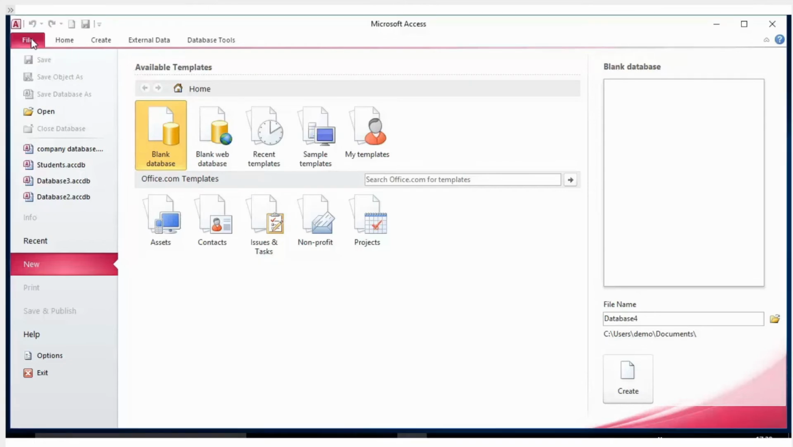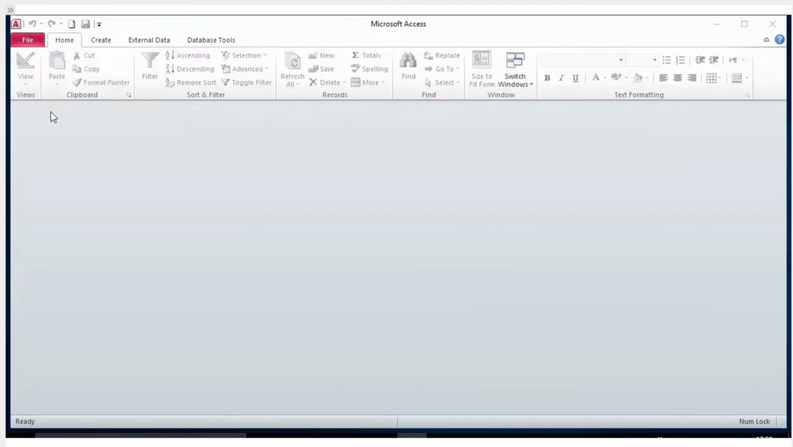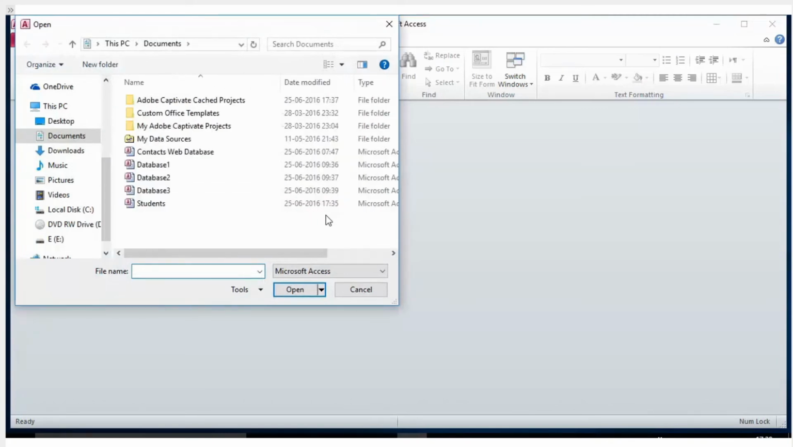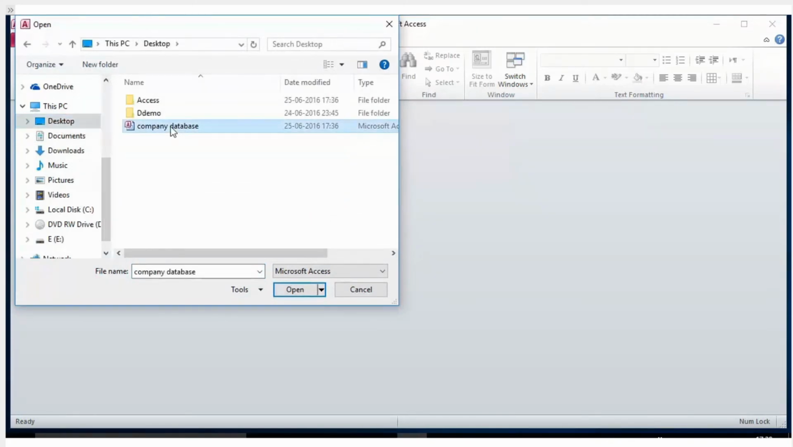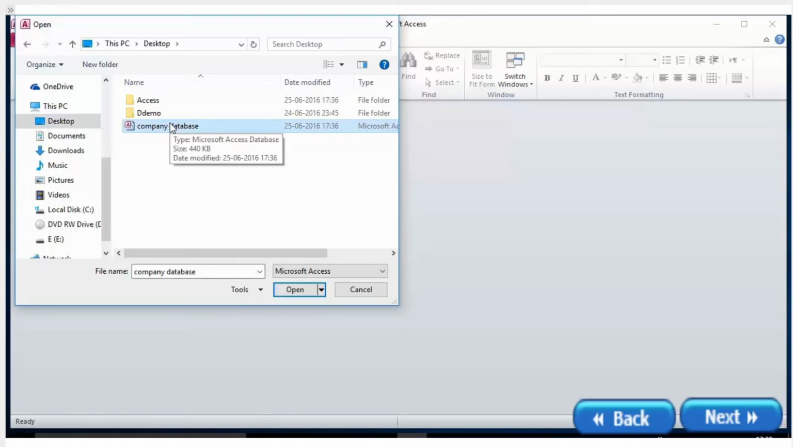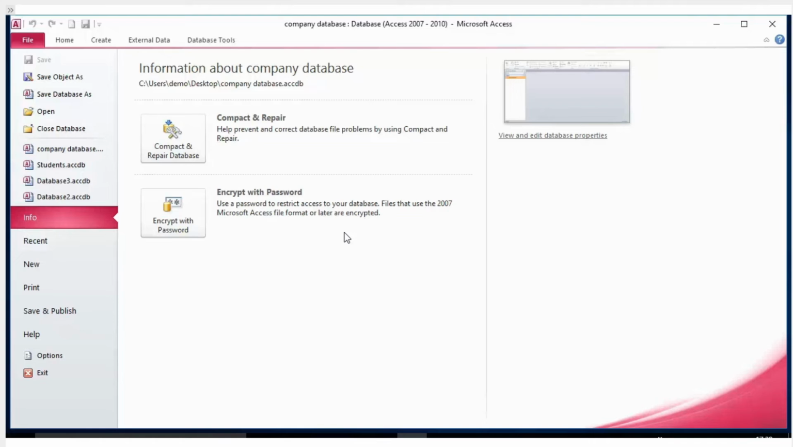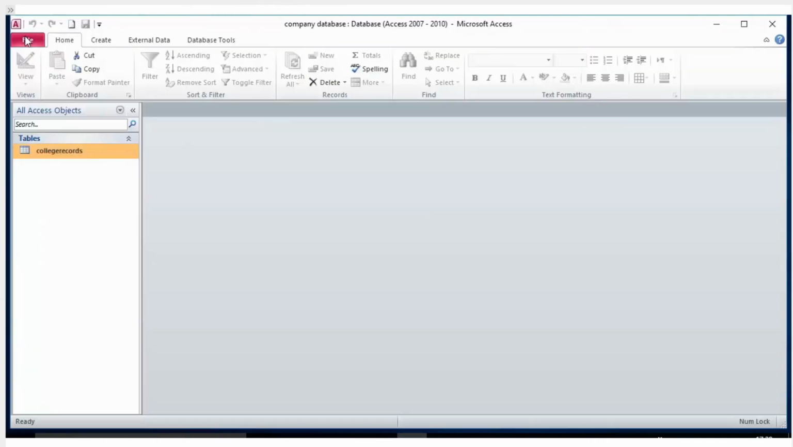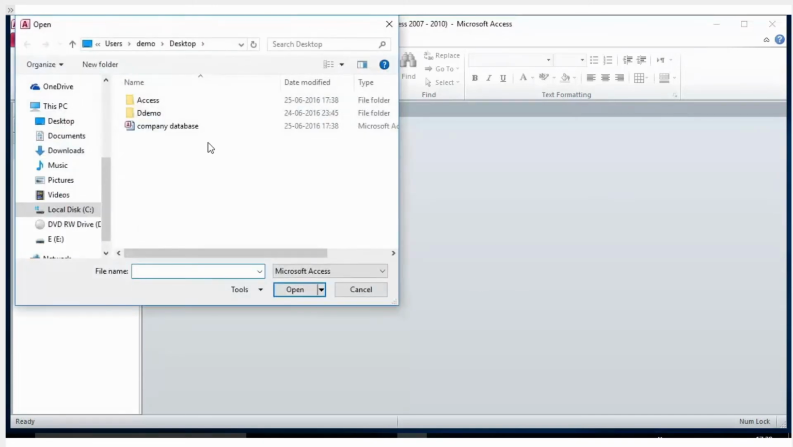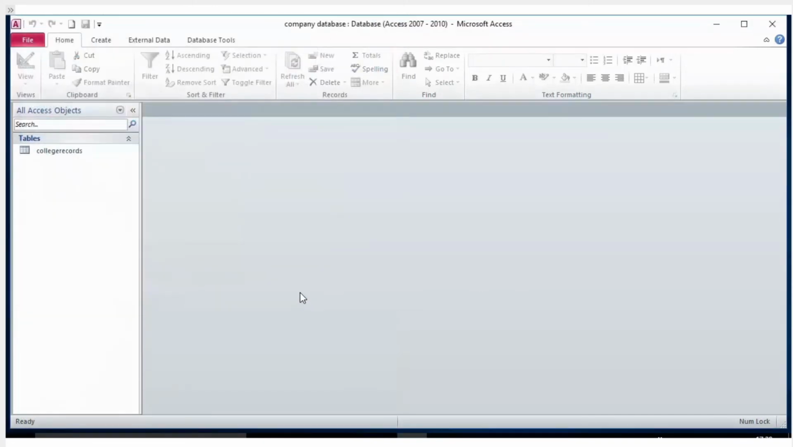Opening databases. The user can view or edit an existing database by opening it in MS Access. Once the database file is loaded into memory, the user can open all the tables or other objects within that database. To open an existing database, click on the File tab and then click on Open. In the Open dialog box, locate and select the file that the user wants to open and then click the Open